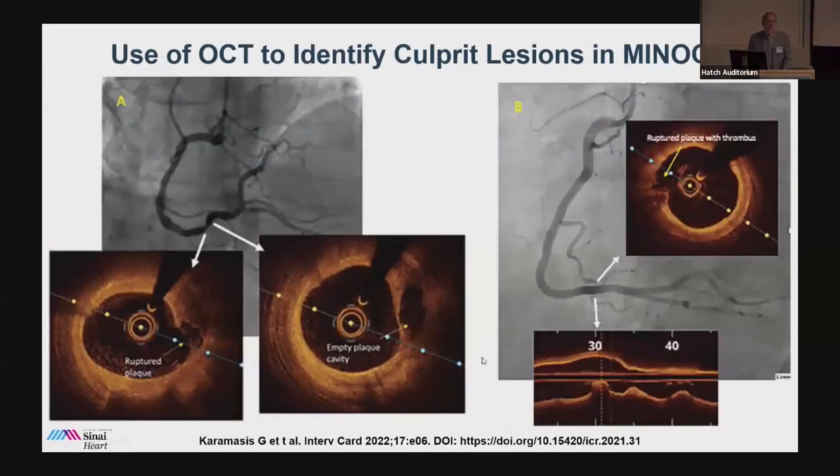So here is a case of a patient that had kind of lumpy, bumpy disease, both in a right coronary artery and in an LAD, and they did 3-vessel optical coherence tomography, and that was the cause of the myocardial infarction. You could see an empty plaque cavity, you could see it recently ruptured, and there's some adherent thrombus. Here's another right coronary, which actually looks pretty normal, except a funny little interesting increased kind of density there, but that's a 5 to 10% stenosis by angiography, and optical coherence tomography shows that that's a ruptured plaque with adherent